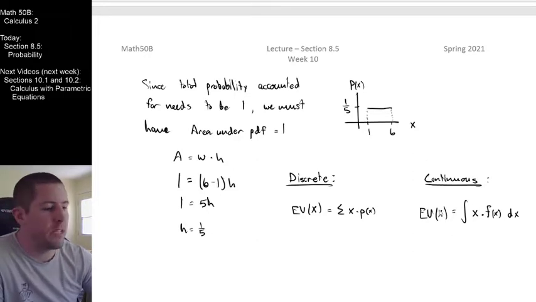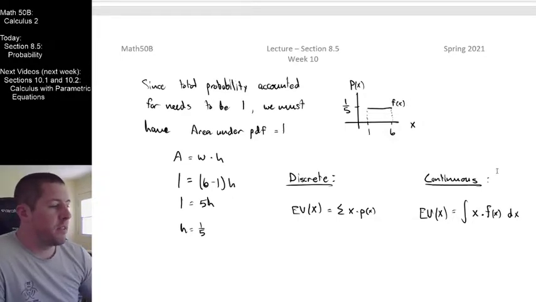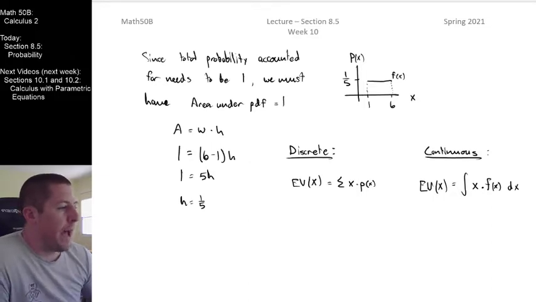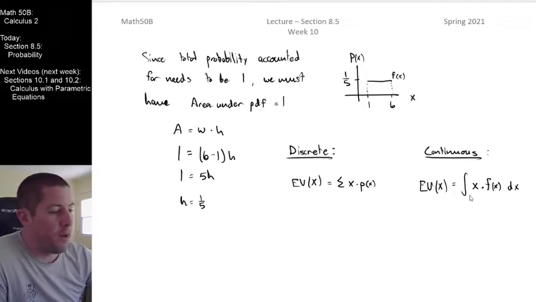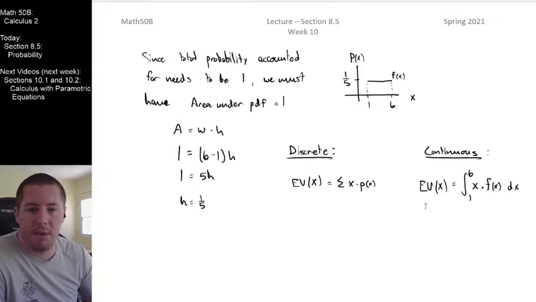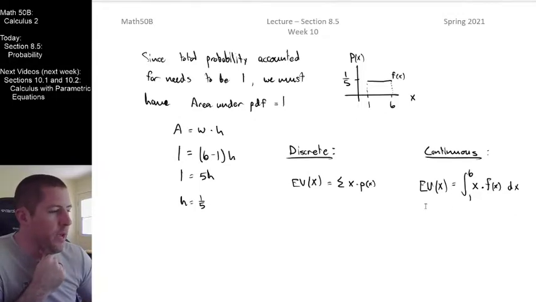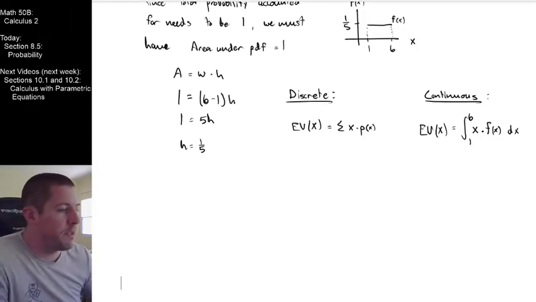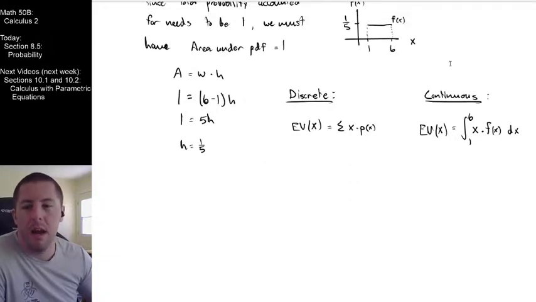So this is our continuous analog of our discrete formula that we came up with a second ago. I'll call that curve f of x. To make this happen, we can throw some bounds on here as well. We know this is going to go from 1 to 6. I'm going to talk in a minute about defining this f of x a little bit better, but let's go ahead and do this computation and see where we end up. I want to give myself some more room, so we need to do the computation, and we want to talk a little more about how f of x is defined.